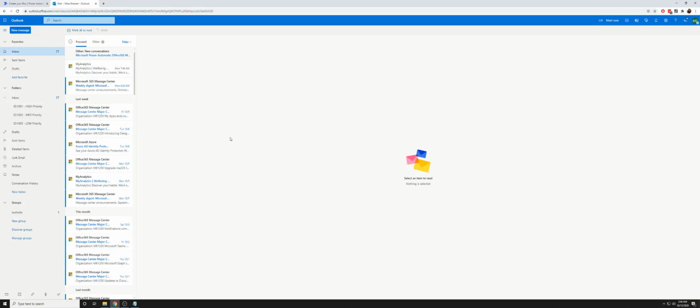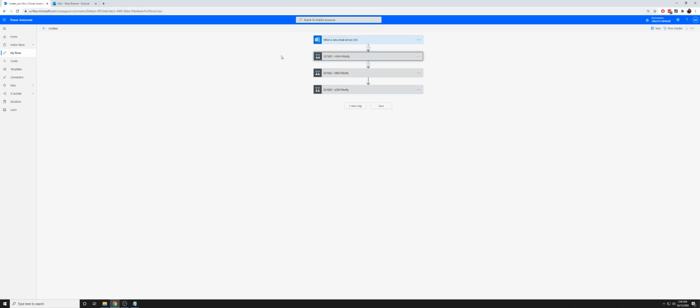So that's kind of like the Outlook infrastructure and the requirement for this all to work. The requirement being that the ID is in the body. That's how I do it. Moving on over to Flow though. It's a very simple flow. When a new email arrives,